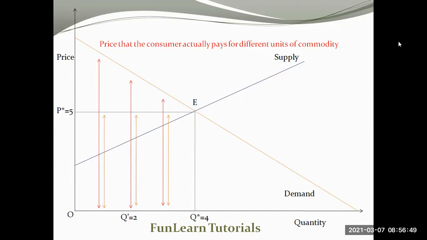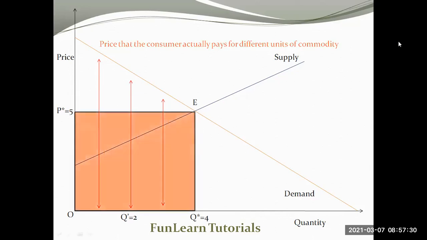If we look at the orange lines, essentially it shows the price that consumers actually pay for the given units. So initially I had said that the consumer is willing to pay a lot more for the first unit of commodity, a little less, but still a lot more for the second unit, and again, a lot more, but again less than the second unit, for the third unit. But the orange line shows the actual amount that the consumer pays for the first, second, and third. Notice that they are all of the same height, which implies that the consumer ends up paying the same price for all units of commodity through the interactions of the market demand and supply.